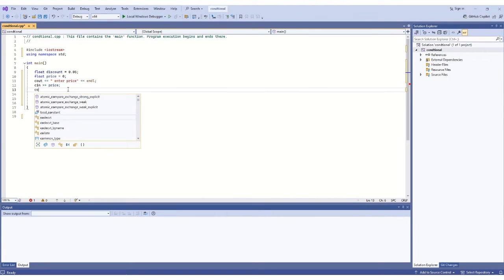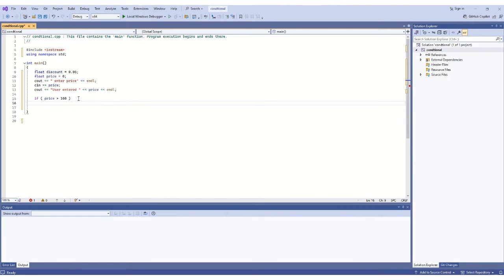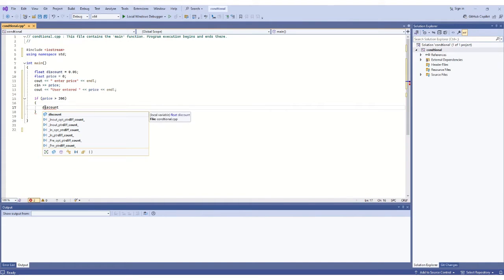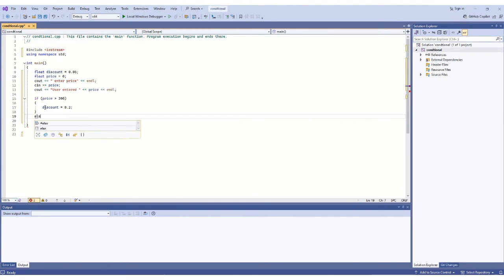Then we can say cout user entered price, whatever value the user entered, we just confirm it here. Then if price is greater than, let's say, 200, you apply a 20% discount. So we can say discount equals 0.2. Then we can say else if,